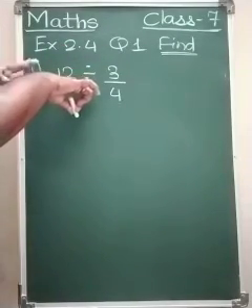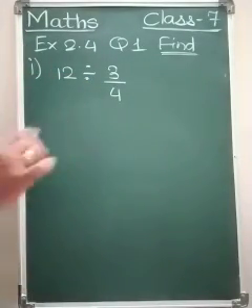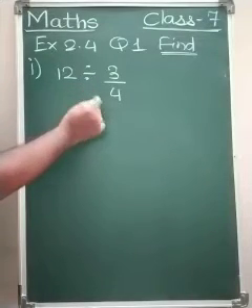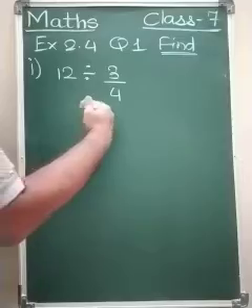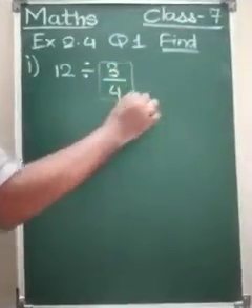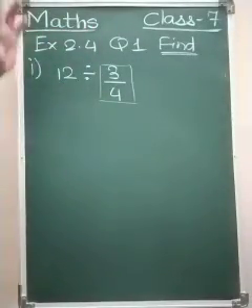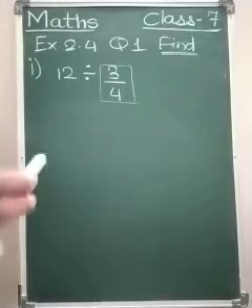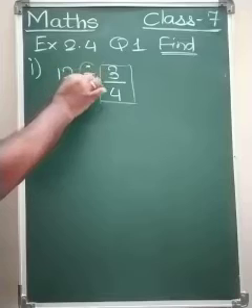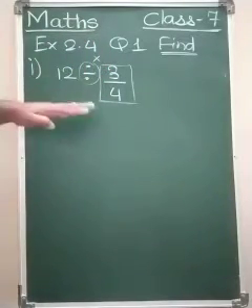Division is there, please be very careful. Division is there, so reciprocal is to be done. What reciprocal is to be done? Where the division sign is there, the fraction on the right hand side of the division, that is this fraction, has to be reciprocated. Okay, so how do we proceed? And one more change we have to make: while reciprocating this fraction, the division sign will convert into multiplication. Please pay attention again.